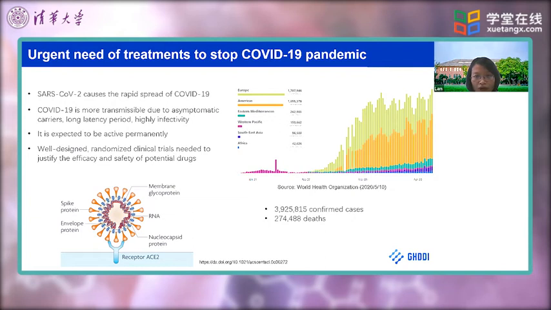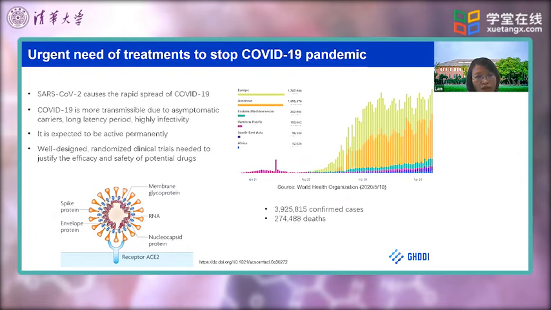As everyone knows, the current situation of COVID-19 is very severe. Based on the statistics reported by the World Health Organization, until May 10th, there are around 4 million confirmed cases. And we can see that there's a rapid spread of COVID-19 since January, and especially after February, there's a tremendous increase of confirmed cases. This is caused by the pandemic.